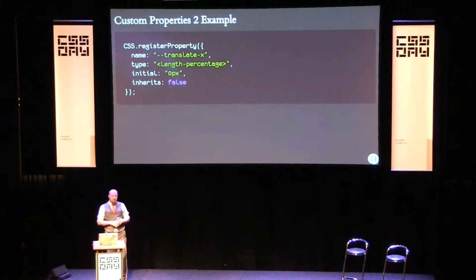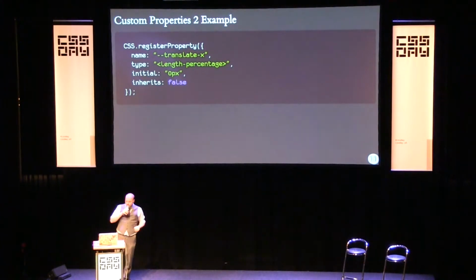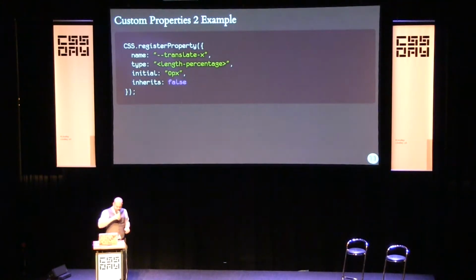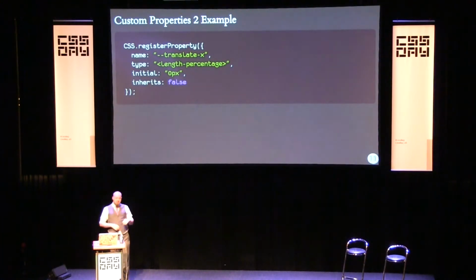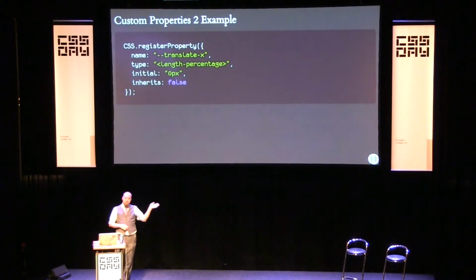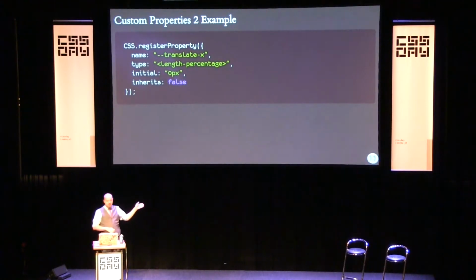In this example, we're going to define a translateX property. If you're familiar with the transforms level 2 spec, we have translate, rotate, and scale subproperties now. They go alongside the transform property and just let you real easily specify a translate or a rotate, etc. So if we want to fake that up on our own, we have a translateX. It takes a length or a percentage or a calc combining the two. It starts out at 0, it's no translate at all, and it does not inherit, just like translate doesn't inherit.